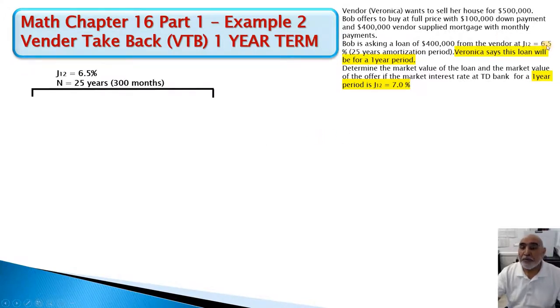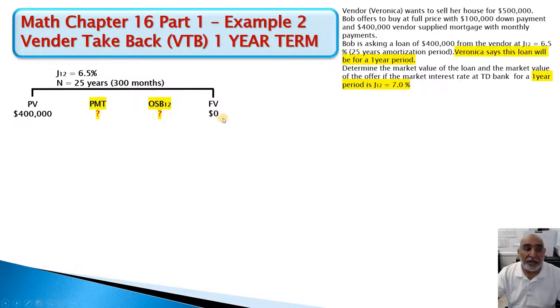Interest rate is 6.5, and it's a 300-month amortization period, and it has a 1-year term. But you know from your chapter 13 and 14 that the 1-year term has nothing to do with the payment. It does not affect how much the payment will be. But because it's ending at 1 year, we're also going to find out from this diagram